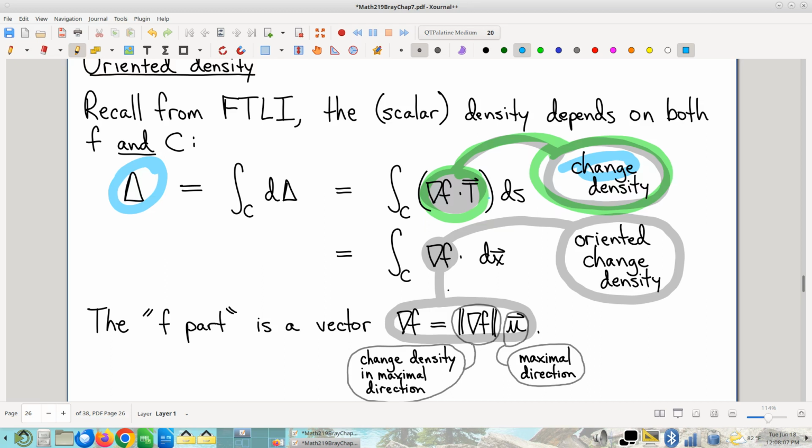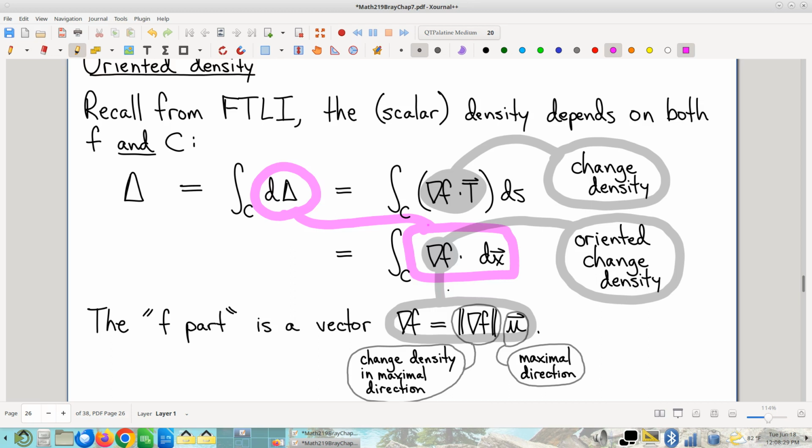But then the question arises: okay, well, yeah, but how do I think about not gradient dot t, but just gradient by itself? How do you think about that? And I made the following suggestion. It seems a little weird, I know, but